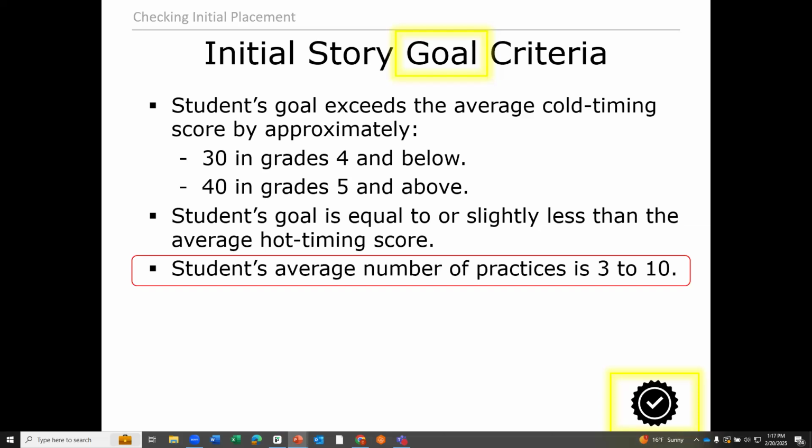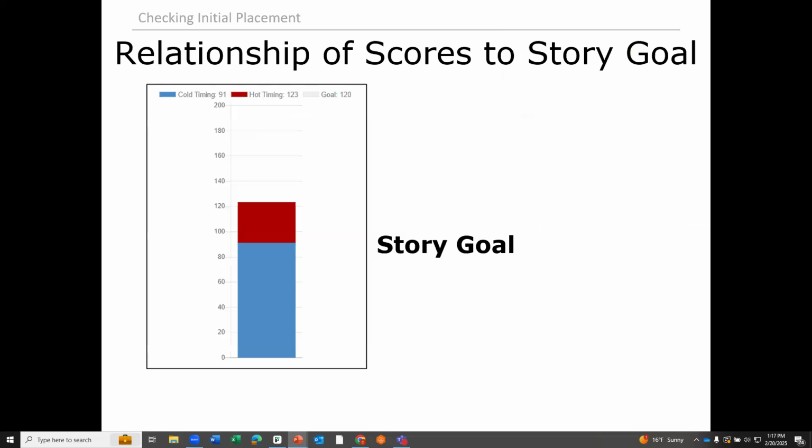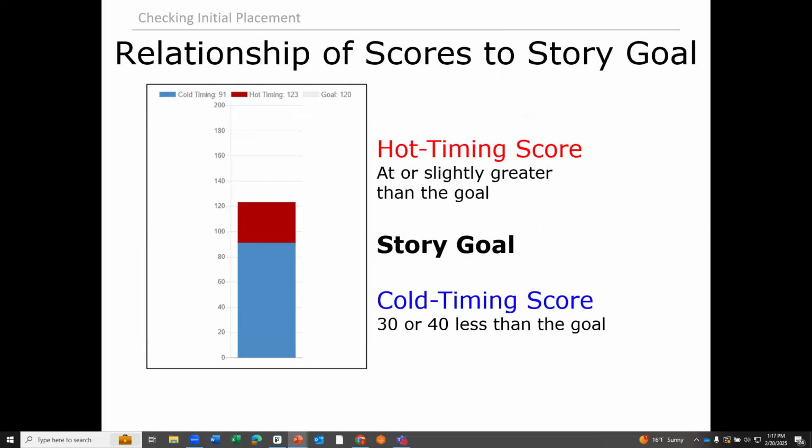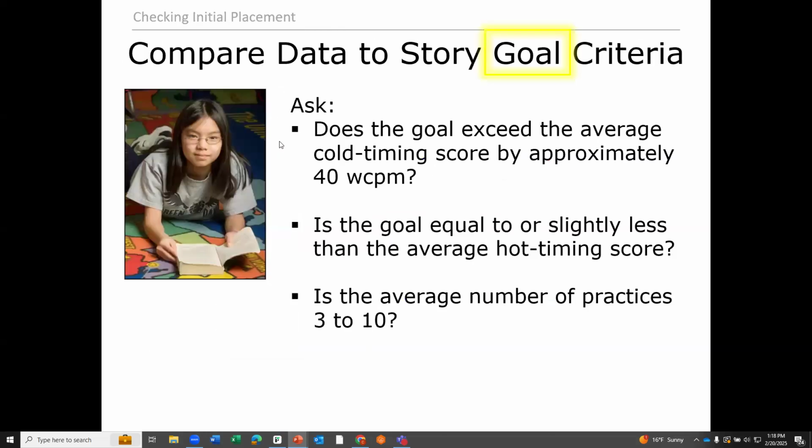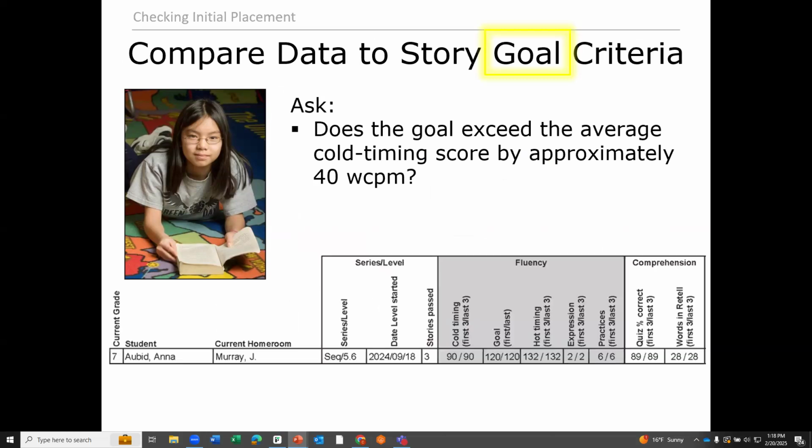So all this information that is written in words is also written here, but in picture format. So if you're somebody who does a little better with pictures, this might be a little more helpful to you. You can see that the cold timing score should be about 30 words away for a young student or 40 words away for an older student. You should see the difference between the hot timing and the goal should be a single digit difference. If it's not, it's an indication that a change is needed. So we're going to ask ourselves those 3 questions. We're going to do it one at a time, and you'll have Anna's data on my screen. So go ahead and look at my screen